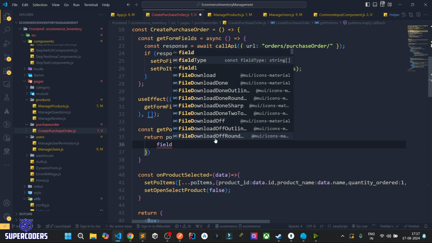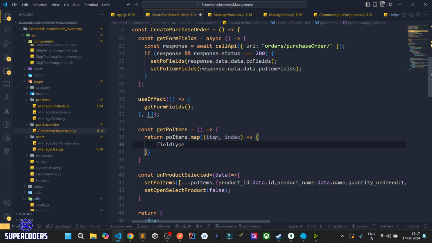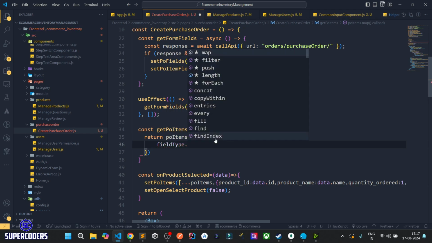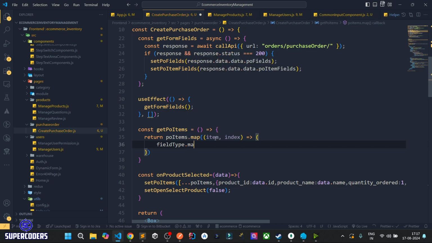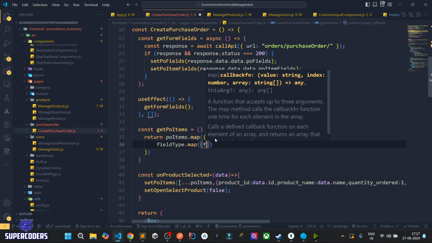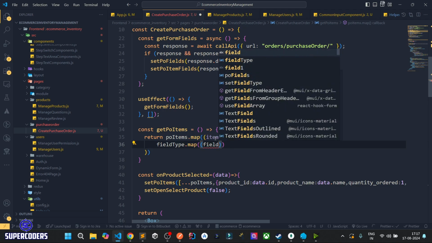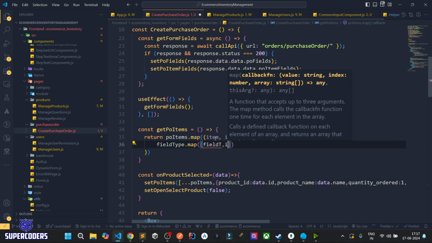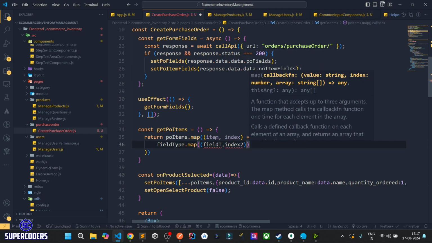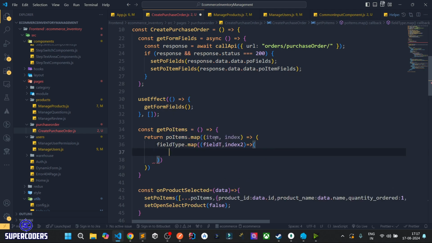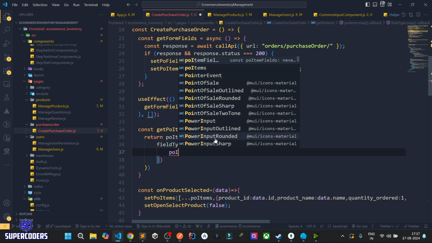So field type dot map field, field type of field T index 2, and you can use the PO fields, PO item fields,